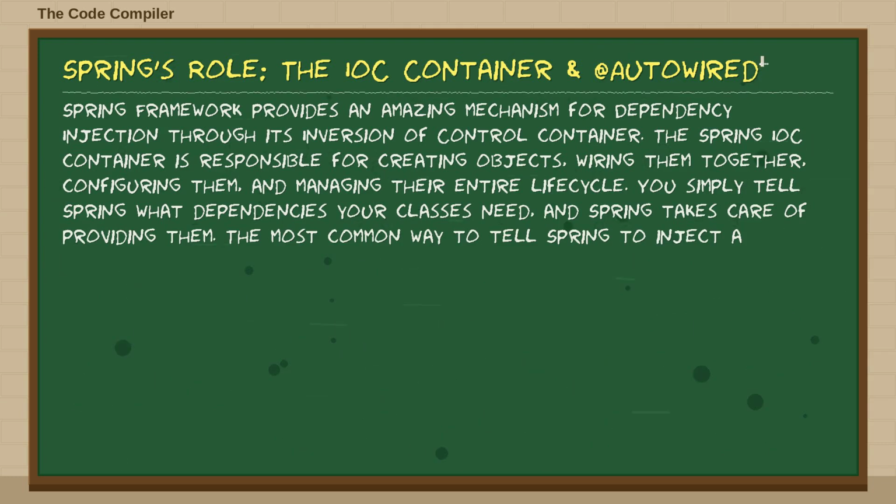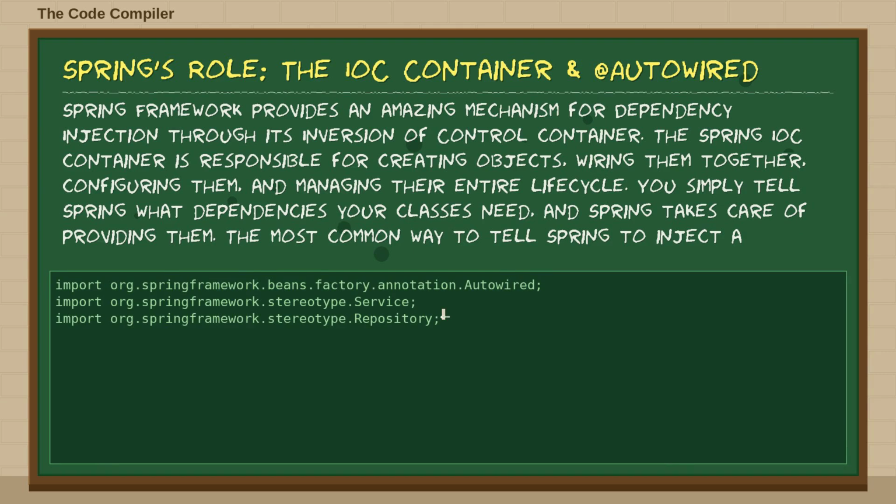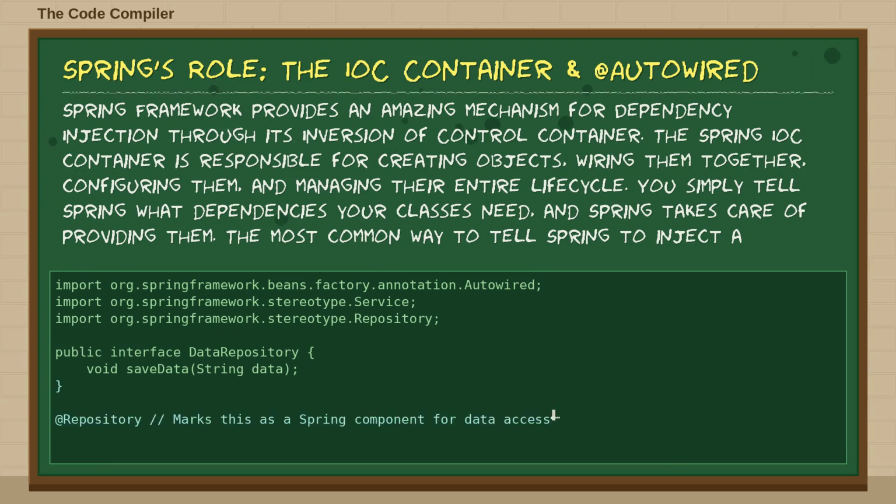The most common way to tell Spring to inject a dependency is by using the @Autowired annotation. When Spring sees @Autowired on a constructor, setter, or field, it looks for a suitable bean of that type in its container and injects it automatically. Let us see a simple example using @Service and @Repository annotations to mark our classes as Spring components, and then